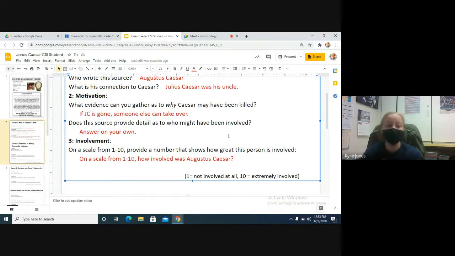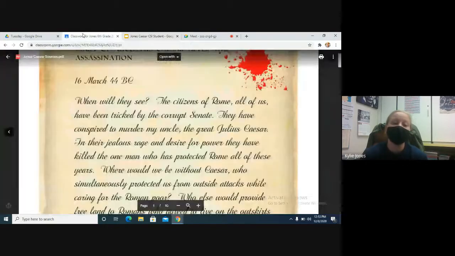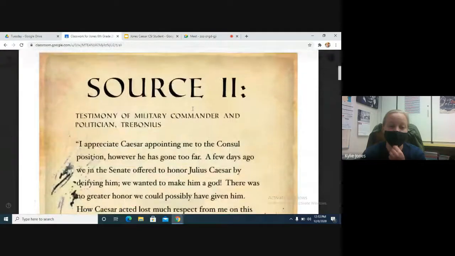Let's go scroll down a little bit and look at source number 2. This one is the testimony of military commander Trebonius. So this is someone in the military, so someone who was probably at that meeting where Julius Caesar was killed. This is going to be something written from his point of view. Okay, so I'm going to go over and read source number 2. I wonder if someone just ran up and killed him, or used a bow and arrow, or